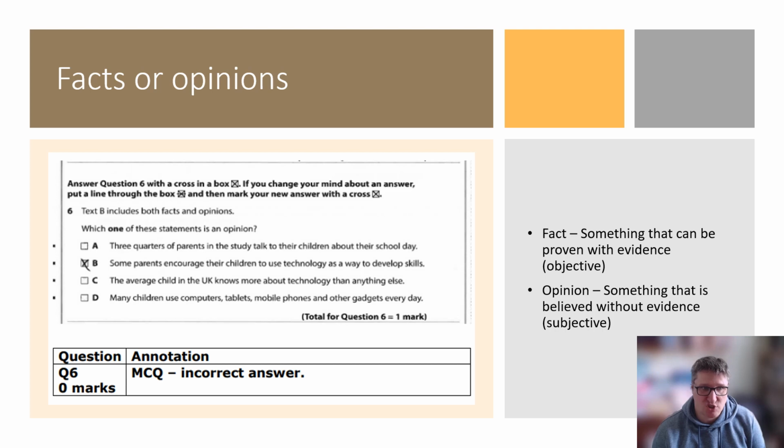The average child in the UK knows more about technology than anything else. Well, that is a bit of a sweeping statement. How can you say that? The average child in the UK, no child in the UK, no child in the world is average. There's no such thing as average. And people are incredible. People are immensely valuable and important as individuals. That includes you. So the average child in the UK, I take umbrage with that bit, knows more about technology